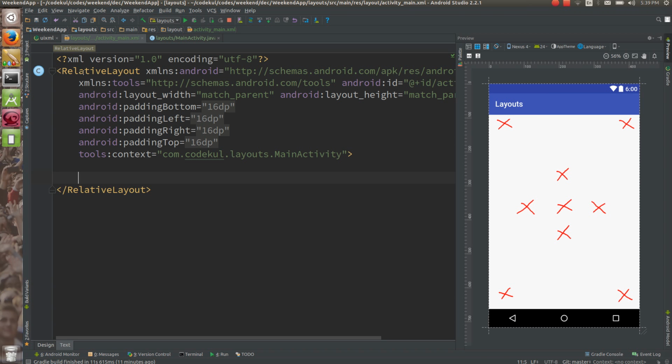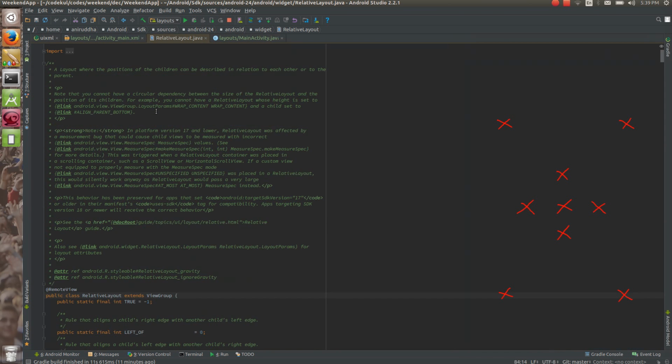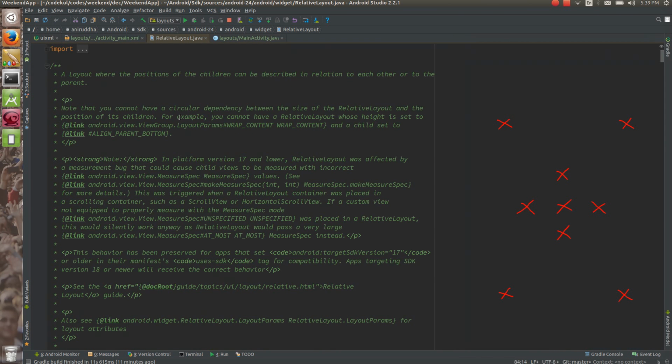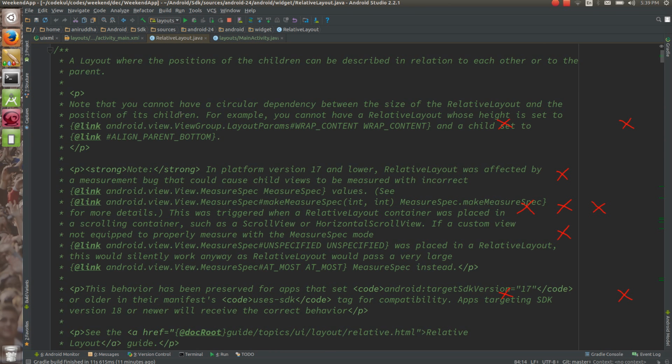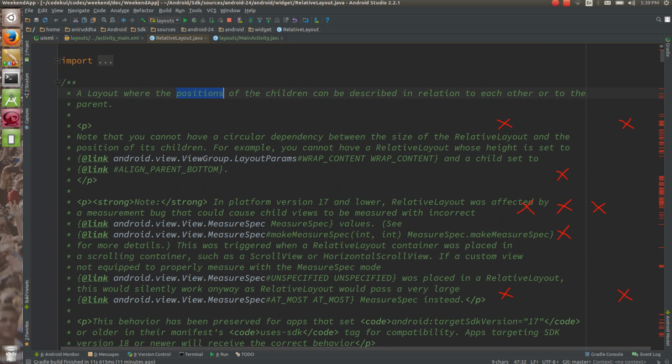So for that, relative layout is the fantastic layout. Why? See, a layout where the positions of the children can be described in relation to each other or to the parent.